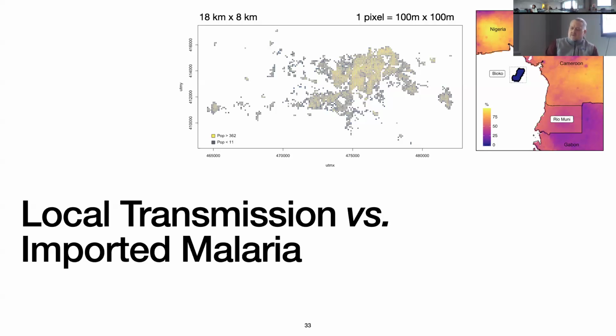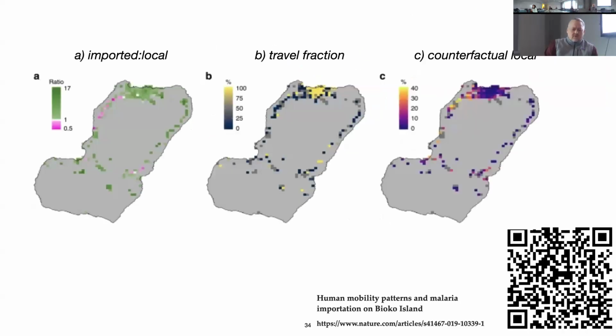So we used the malaria questionnaire data in an investigation, and we actually made an estimate using that data of the fraction of malaria transmission that we thought was occurring as a result of travel. And this is sort of a method. So this is three ways of showing the same thing, but essentially our estimate was that almost all of the exposure in that downtown area is occurring as a result of travel off island.